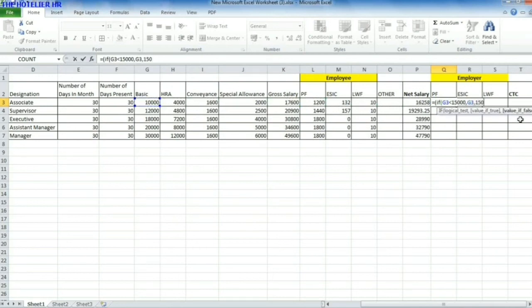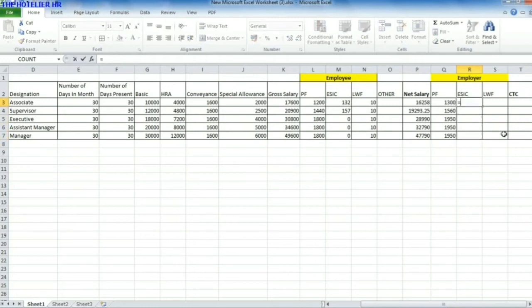So whichever amount is less, it will calculate that, maximum 15,000, and we'll close the bracket, and again close the bracket, and then multiply by 13%. So now you can see the total amount is 13% of your basic if it is 15,000. It will not take more than 15,000. We can see this as well. If we say 15,000 into 13%, it is 1950.